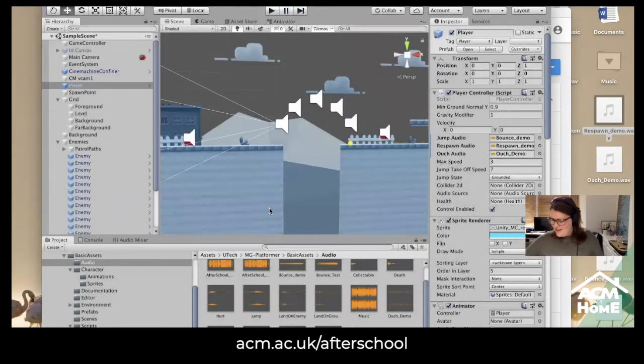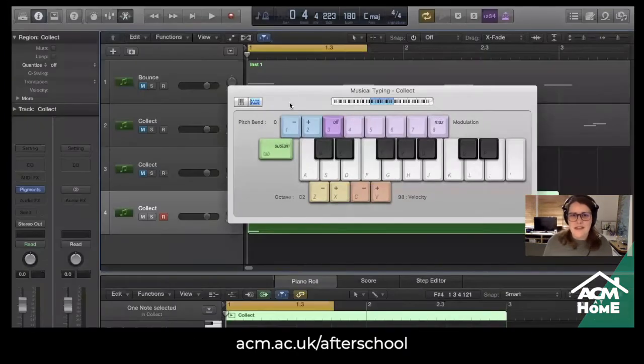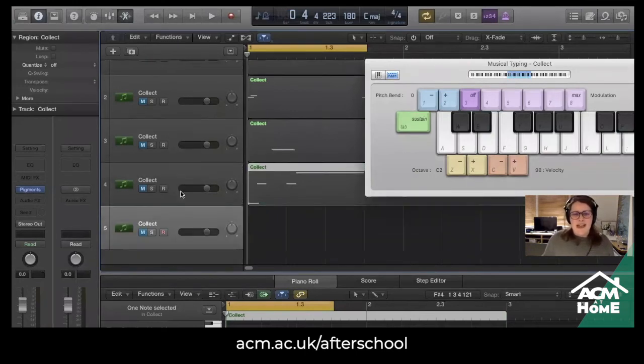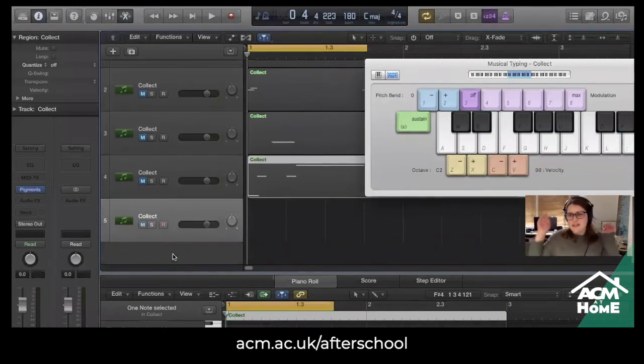Okay, we've got our ouch sound. We just need a sound for landing on our enemy, which is this little guy here, these little blobby things. At the moment, the demo soundtrack makes a little fart sound, which is very funny, but not necessarily fitting with the rest of the things that we do. So again, we want something positive for this, because that's what we want to do. We want to land on him, but we want it to seem like we're falling down. So where our jump goes up, we want our land on him to go down. So what we're actually going to do